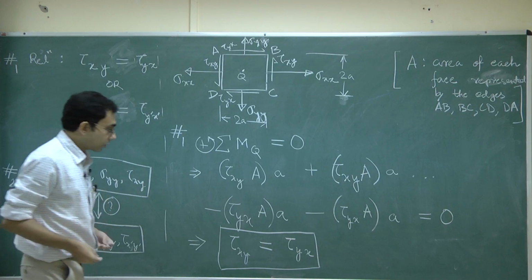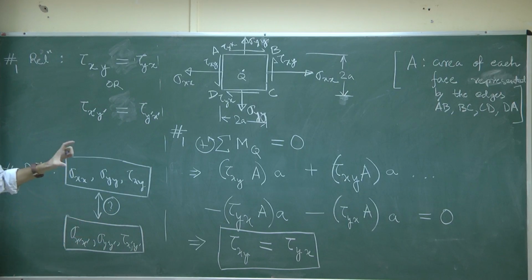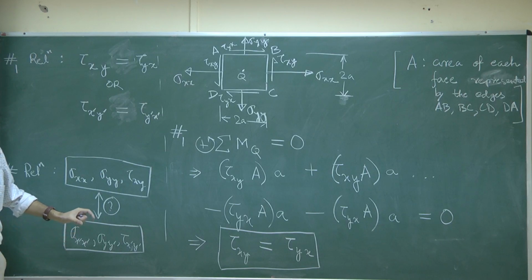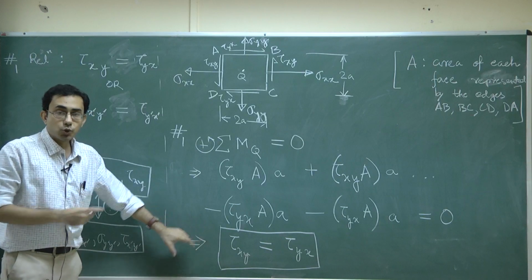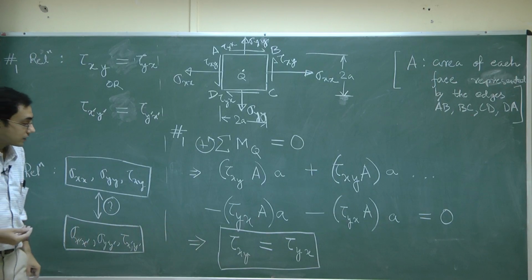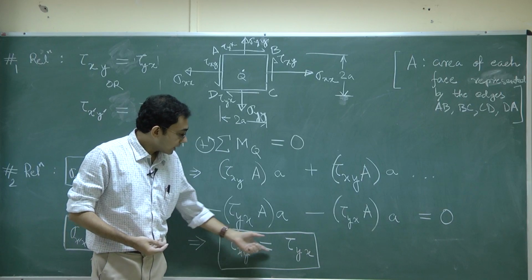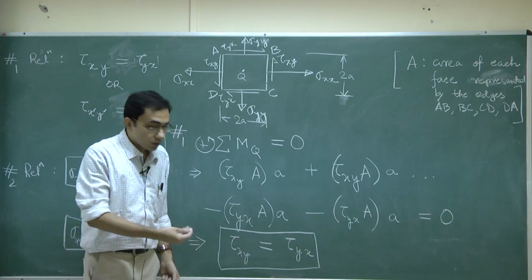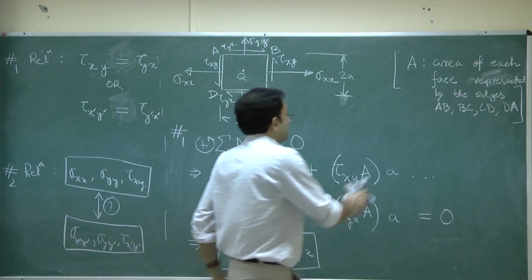So, our course coordinator Professor Samantara has just mentioned that this is a very, very nice time to also highlight the important fact that just by considering this reduced two-dimensional system, just as we had found out that tau xy is equal to tau yx, so also we will be able to show very, very neatly that